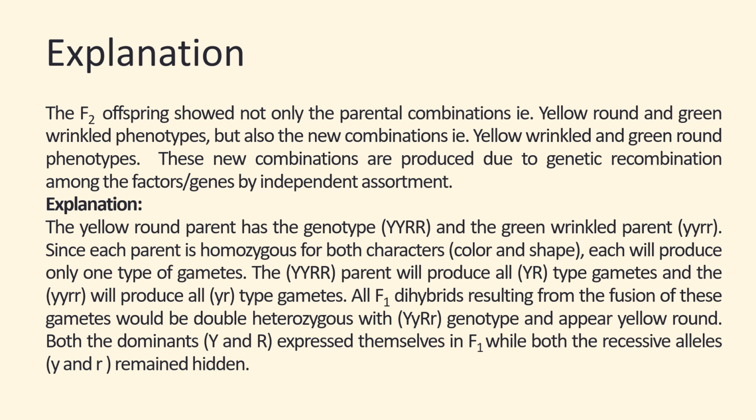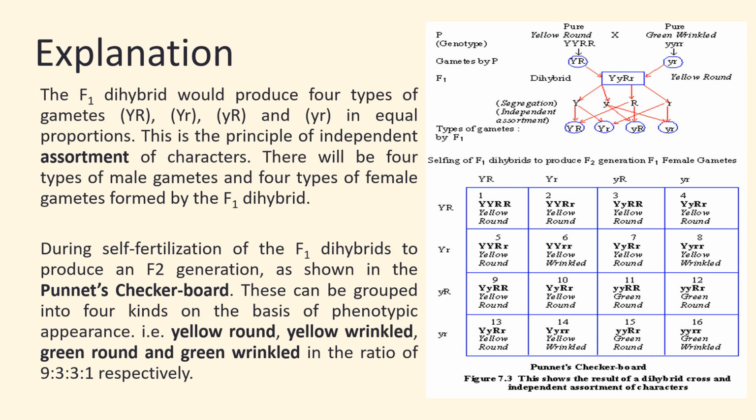All F1 hybrids resulting from the fusion of these gametes would be double heterozygous with the Y y R r genotype and appear yellow round. Both the dominants Y and R expressed themselves in F1, while both the recessive alleles y and r remain hidden. The F1 dihybrid would produce four types of gametes. You can see here the four types of gametes: